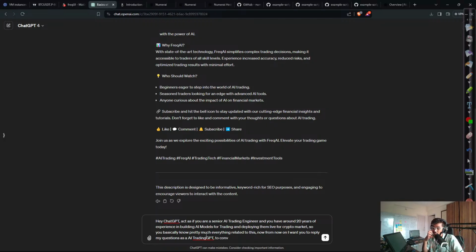XGBoost. Yeah, so this is actually an ensembling technique. Back in the day, people used XGBoost all over Kaggle. You must know about Kaggle, right? They would use machine learning, LightGBM, CatBoost, and all these ensembling models. But we have seen, and we'll be applying this as well, a very instant boost in AI, ChatGPT,